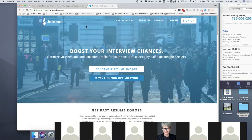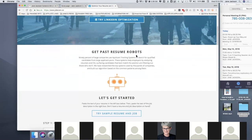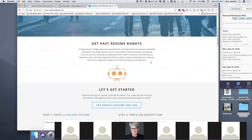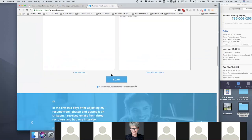Jobscan.co is free. If you want to do lots and lots of scans, you'll have to pay, but it's free to start off with. What you do is you get past the resume robots, the artificial intelligence that scans your resume and your cover letter. You copy and paste the job description on the right, and your resume on the left,